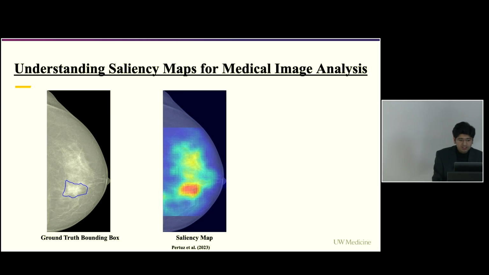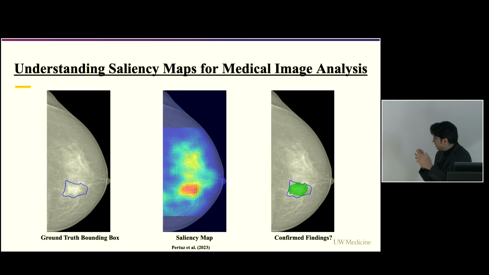And then we can go ahead and confirm whether there is an intersection between the predictions of the model, or its interpretations, and the ground truth findings. And after that, could we potentially say that the model makes sense? And this is not only constant for just mammograms or grayscale images, it is across modalities. For example, whole slide images in histopathology, or MRI scans, microscopy images, CT scans. You can do similar analysis for almost all models, all modalities.